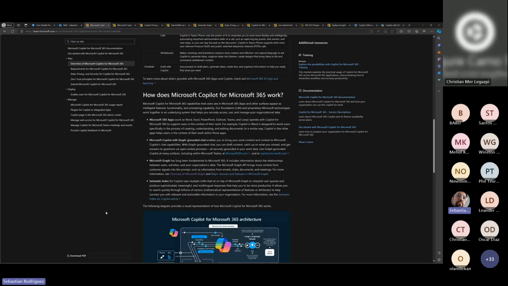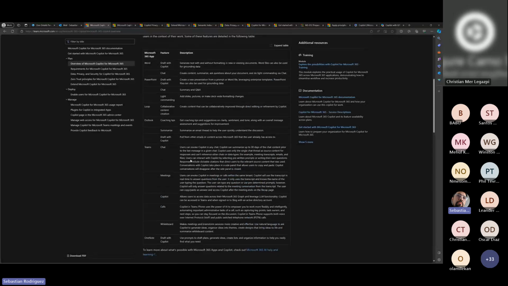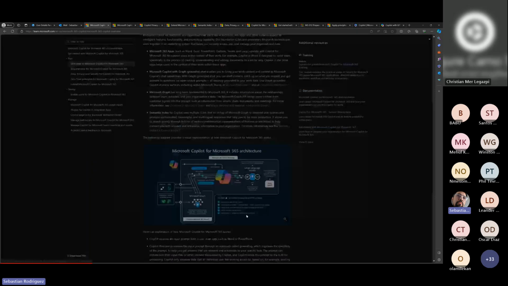Now, the main question when we see this is, okay, but how do I make sure that Copilot is not reading everything in my organization? A lot of times people fear that, hey, this LLM is going to read all my emails, or is going to scan my tenant, then it's going to read the tenant next door, is going to confuse the information. And people are very afraid of data leakages or data security using artificial intelligence, which is completely justified in a general sense. But if we go to this